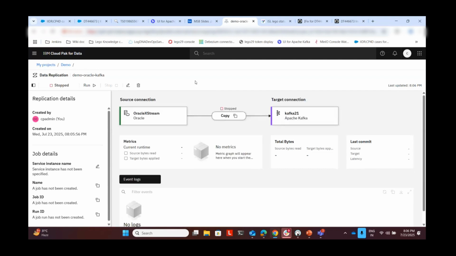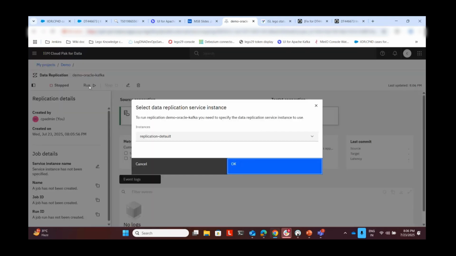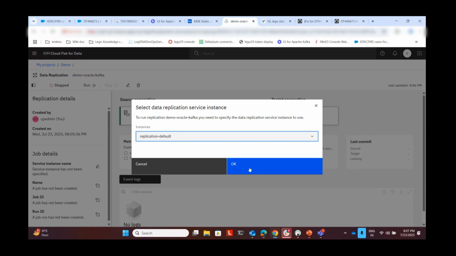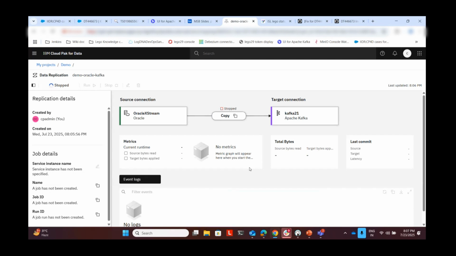Okay, the replication asset got created. I'm starting it. Here we can choose which replication instance we want to use or configure, and I'm choosing replication default. Okay, while it is starting,